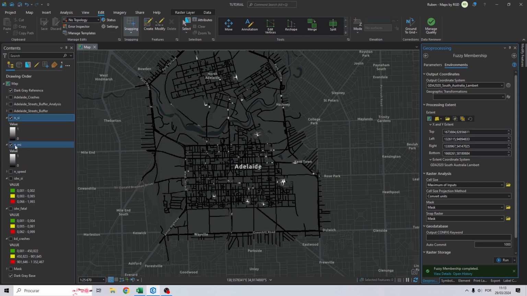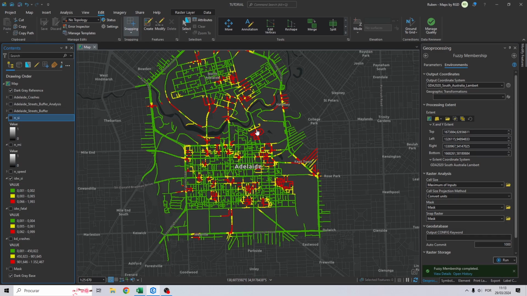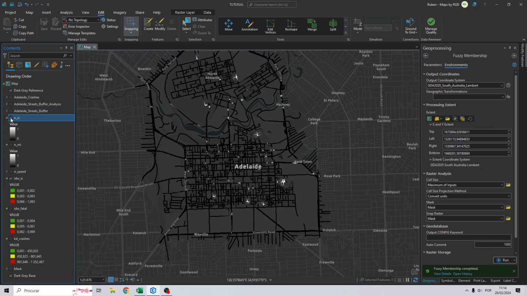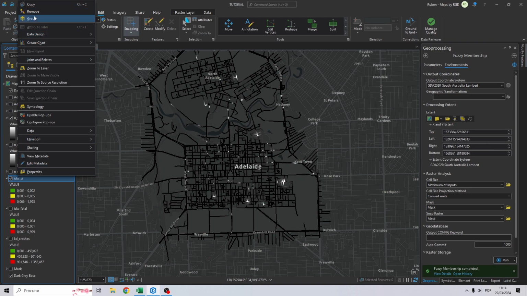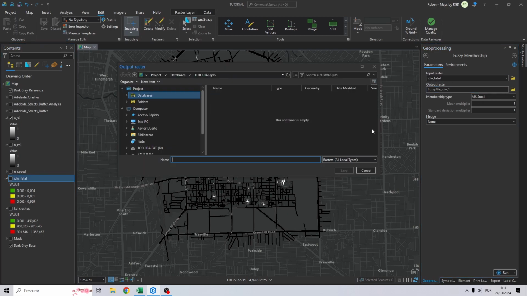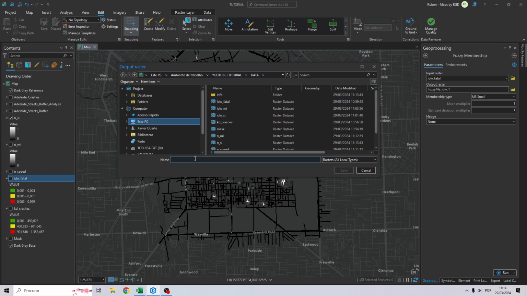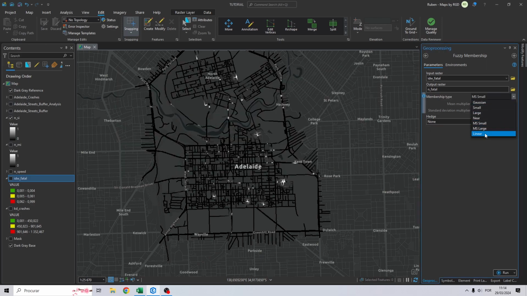Again, we can see that the serious injuries are represented, or the higher values are represented with the lighter colors, so the whites, and the lower values with dark colors, okay? So the blacks. Let's remove this one as well, and let's finish the fuzzy membership tool with accidents with fatal victims, okay? Let's change it and give the name n_fatal, linear as well,